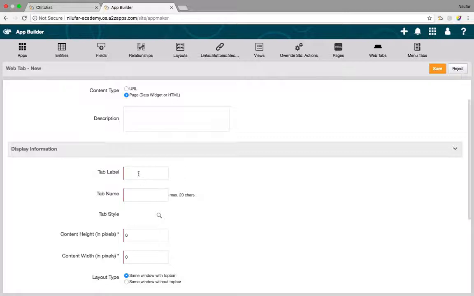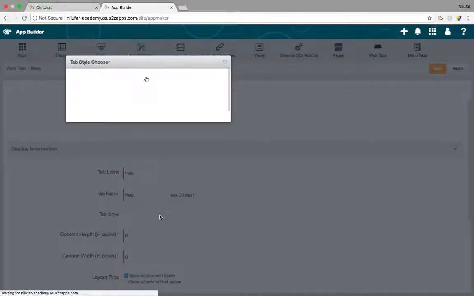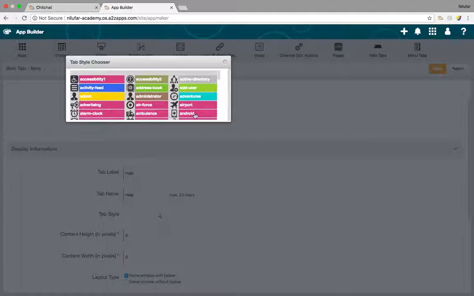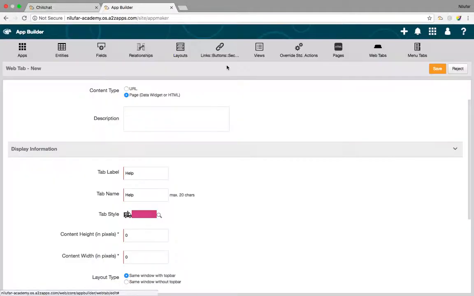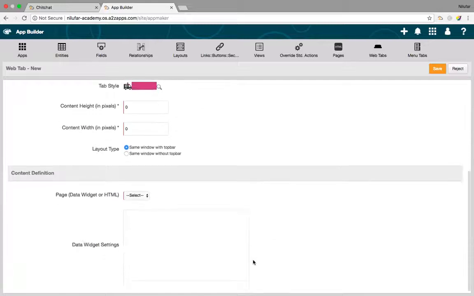Alright, so I'm going to name this web tab as help. I'm going to select a tab style, which is nothing but an icon. So I'm just going to go ahead with this one.